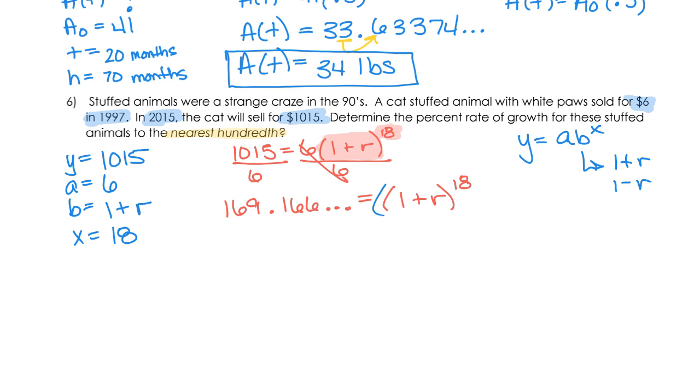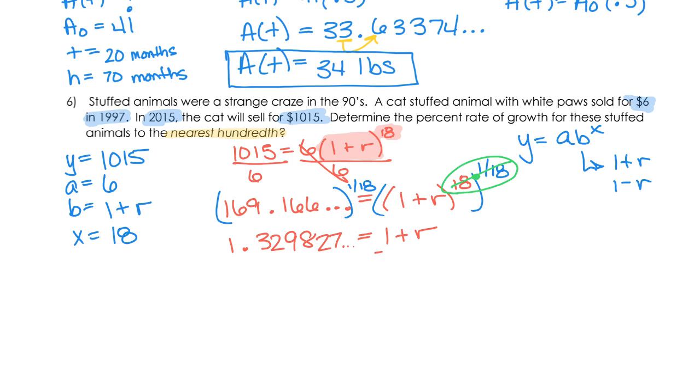Okay. Now, guys, we are going to go ahead and use our reciprocal power to get rid of that 18. But we have to do it to both sides. Again, guys, when those two exponents are multiplied together, they give you 1. And 1 plus R raised to the first power is just 1 plus R. And when I raise it to the 1/18th on the other side, I end up with 1.329827 dot, dot, dot. Okay. I'm solving for R, so I need to subtract the 1. And I would end up with R equals